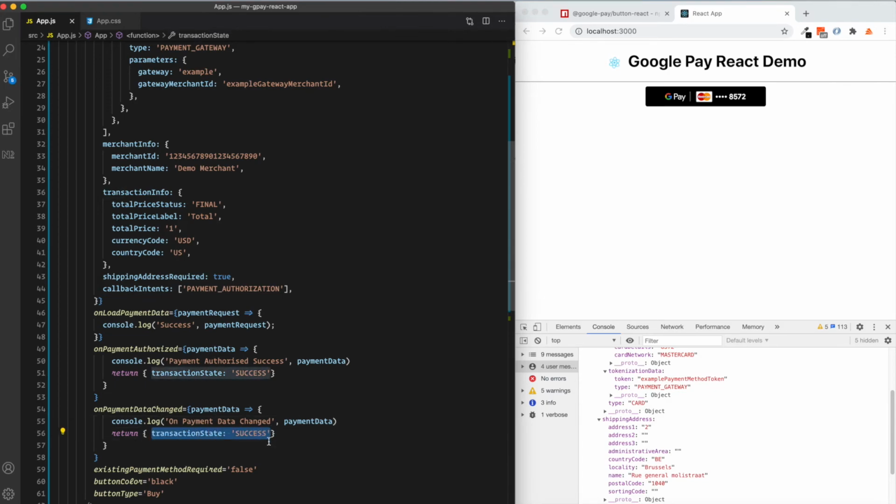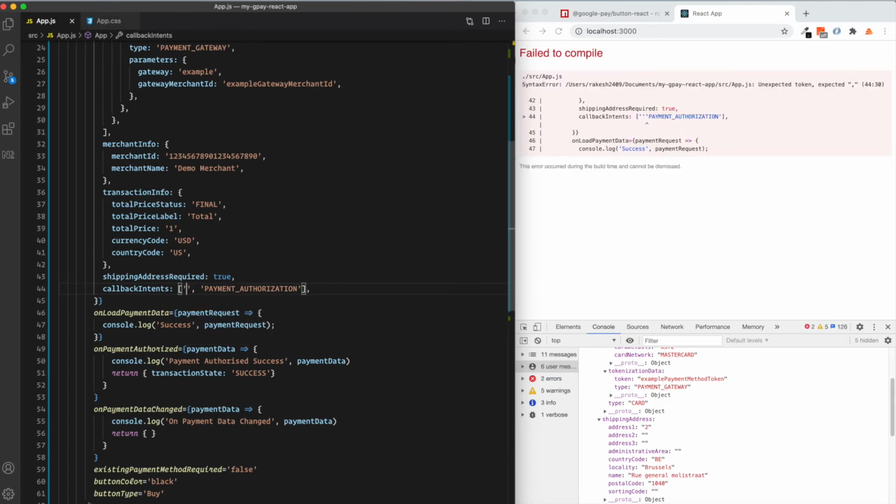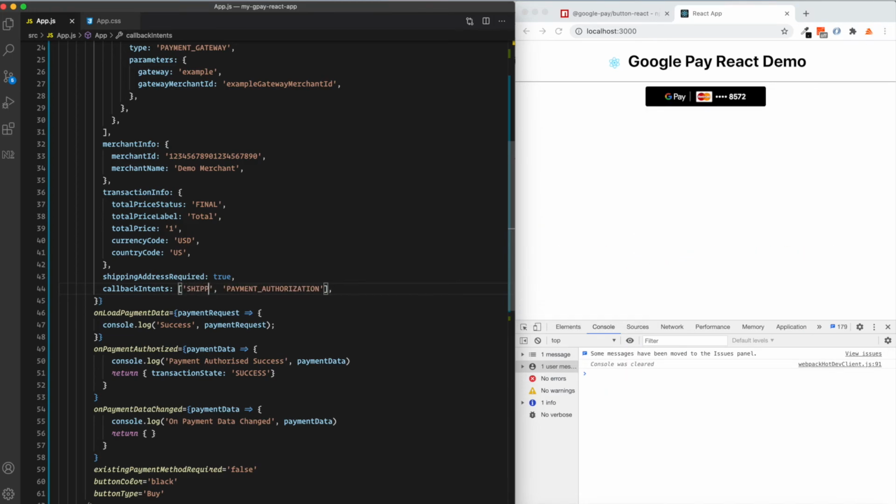We don't need this, as you can pass the object here as per the documentation, whatever is required. And in this we have to pass a callback intent here, which will be shipping address. All right, so it's already saved.